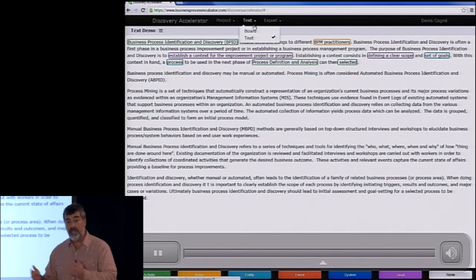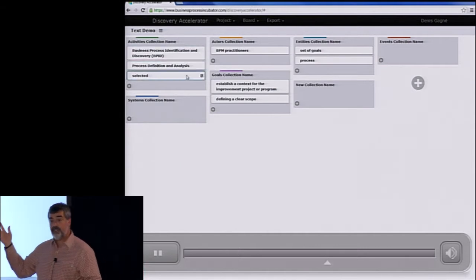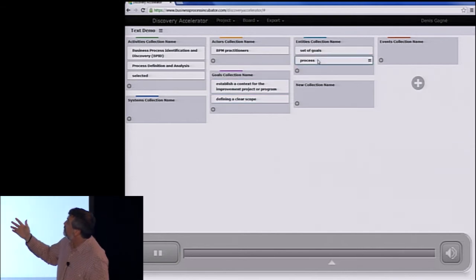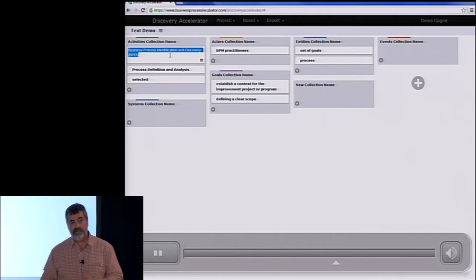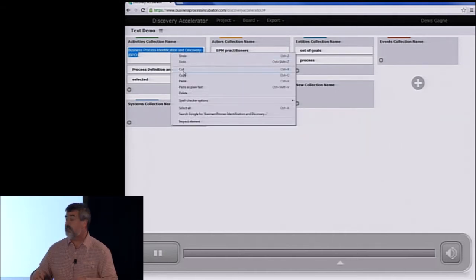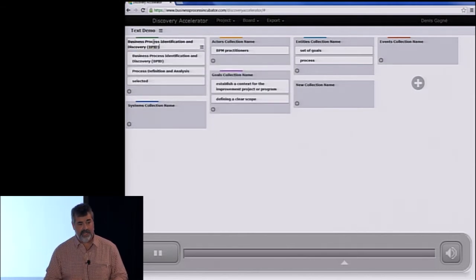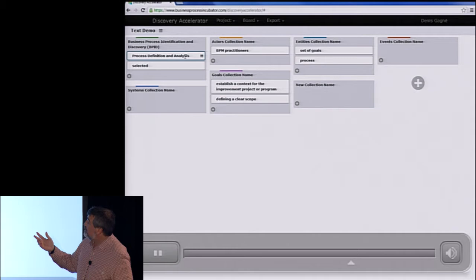And at any time, I can switch back to that board mode. And then I have these collection of items that have been identified and are there for me to use, and I can start looking at them, and I say, well, maybe the business process discovery identification is not really an item in my collection, it's really the title of my collection, so I'll just copy and put that up as the title of my collection and remove it from the item list there. So I can work with this, and then I can structure my text, and then I go back and I see, well,